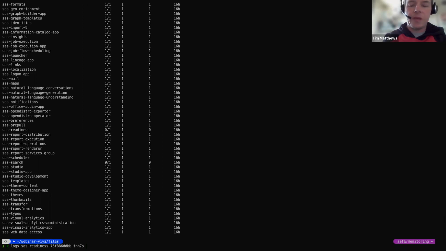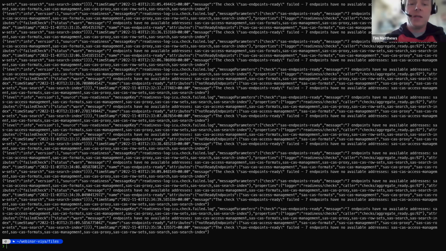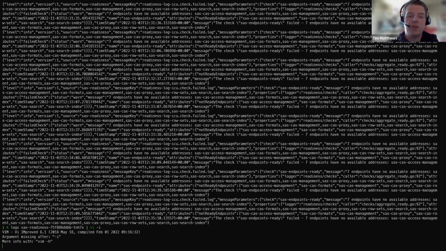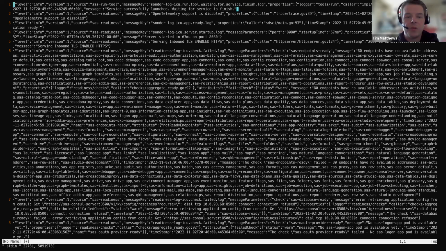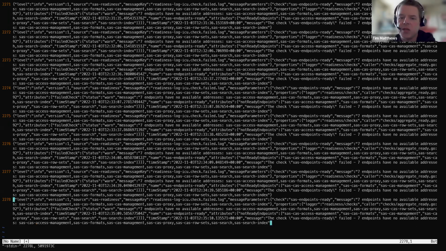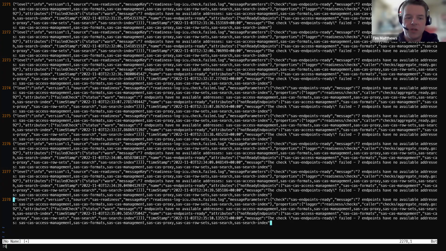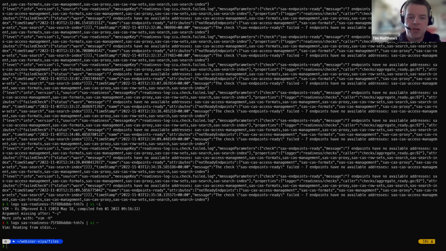pod. And if you pull the logs from that, you get quite a lot of data. It's not entirely super useful as it is by itself. You could pipe it into Vi or something. Oops, wrong one. But still, it's a bit hard to parse it. It's JSON, and I think it's not natural to be able to just read JSON for long periods of time without getting eye strain. So if we pipe it through jq,